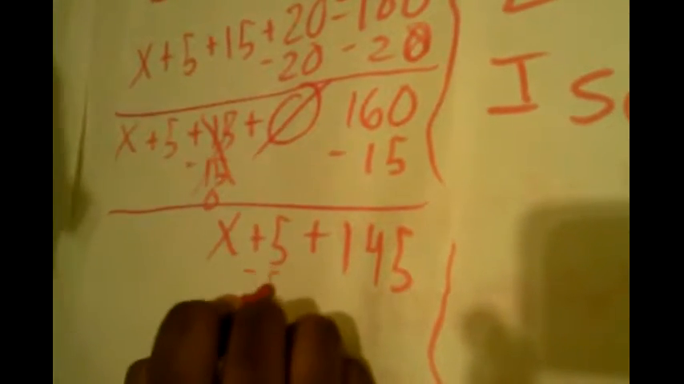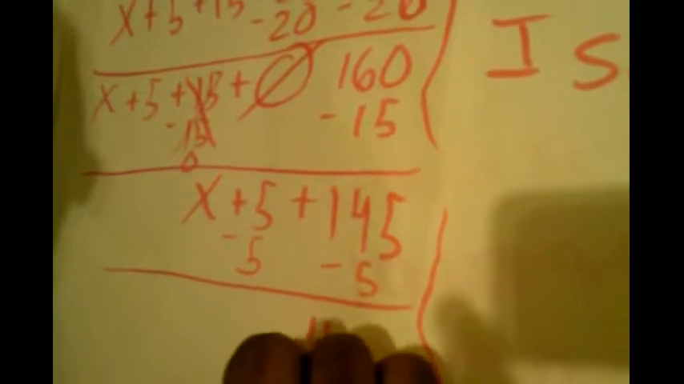Now, this angle right here is what we're looking for. Now, we're going to do the same thing for 5. We're going to do minus 5. Minus 5 again. 140